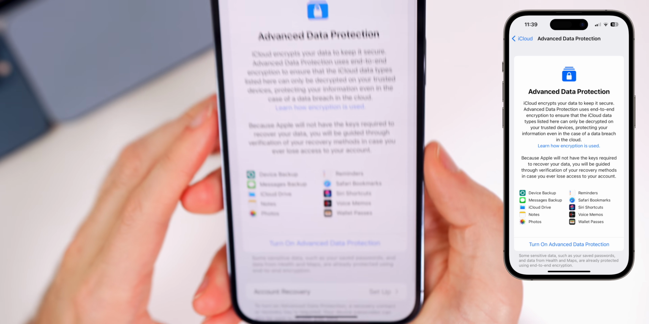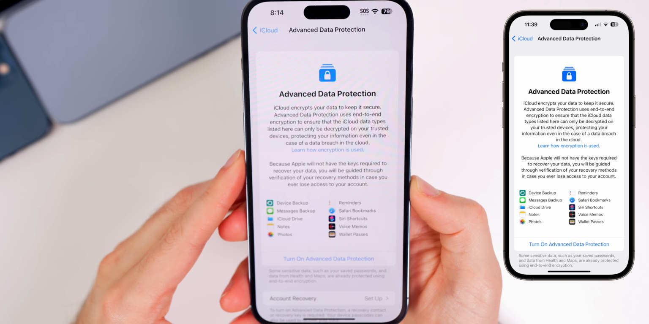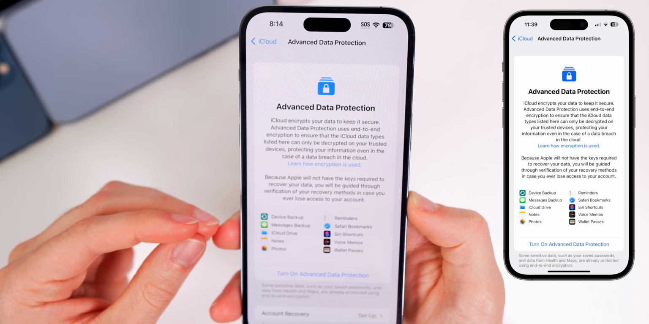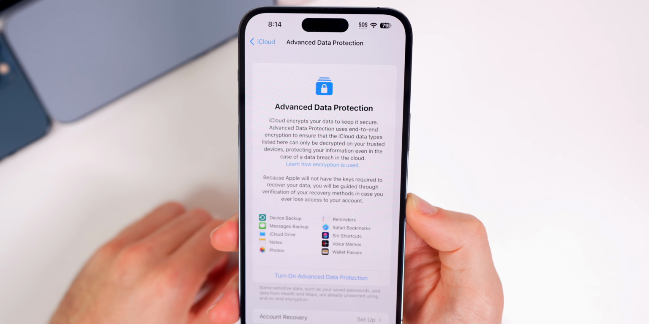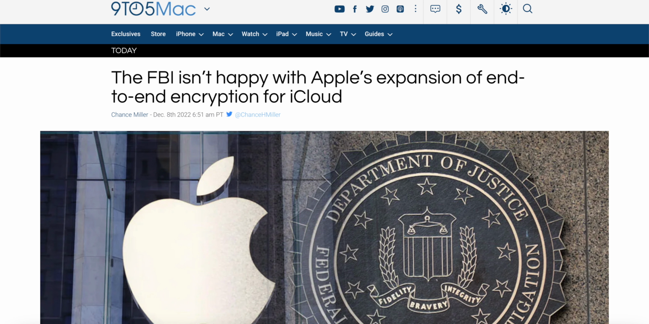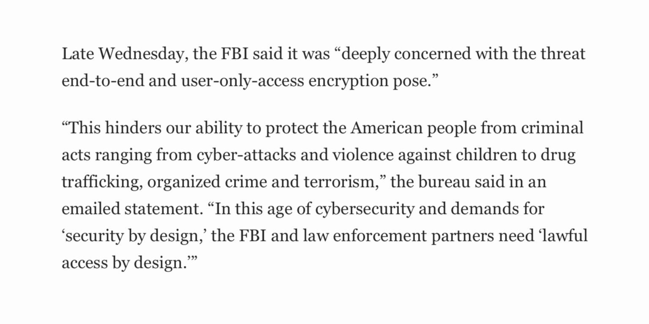Now, if you tap on that, you will see a breakdown of what this is. Essentially, this is end-to-end encryption for all of your data in iCloud backups. There were certain things that were encrypted before, but now with 16.2, everything in your backups will be fully encrypted. And we know that this is legit when the FBI is literally saying that they are deeply concerned with